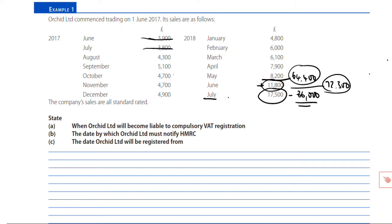So what will then have to happen? We must notify HMRC within 30 days. So within 30 days of 31st of July, that would equal, I seem to remember using these dates before, the 30th of August of 2018. Within 30 days, so by the 30th of August. You'll then be registered with effect from which month? Well, from the first day of the second month following the month, here July, at which point you've exceeded the £85,000 limit. So a couple of months on from July will be September. So in terms of the date you'll be registered from, that will be the 1st of September